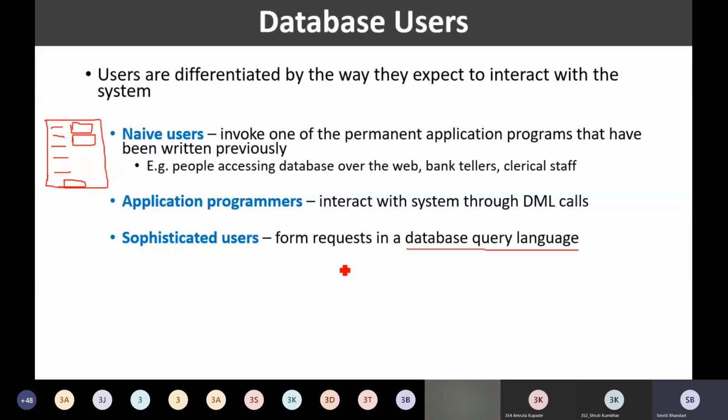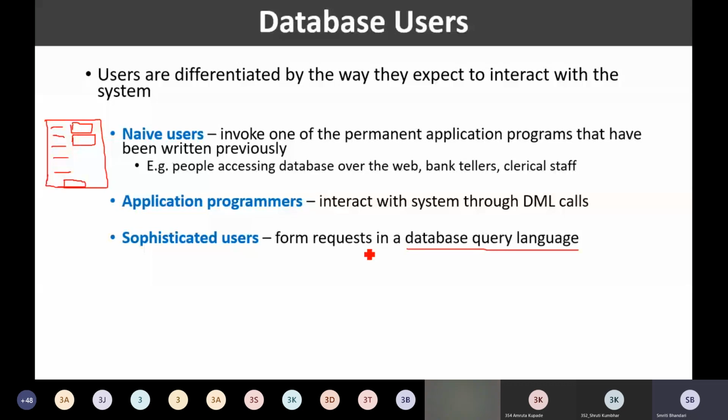So I hope you have understood what I mean by sophisticated users. Typically, these users provide the request to the database system in the form of a database query language.